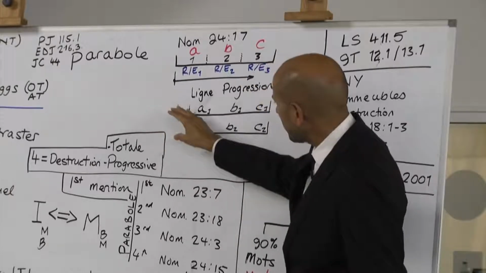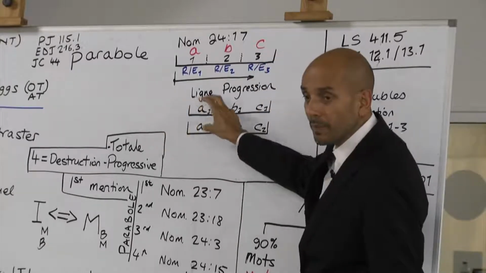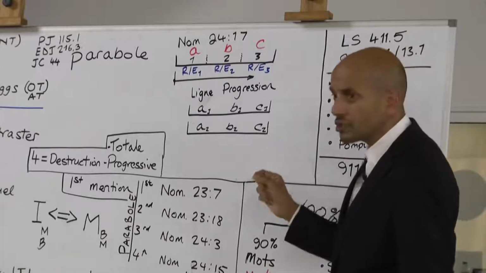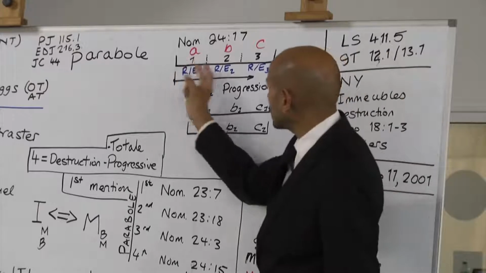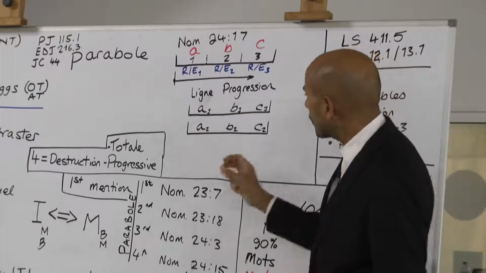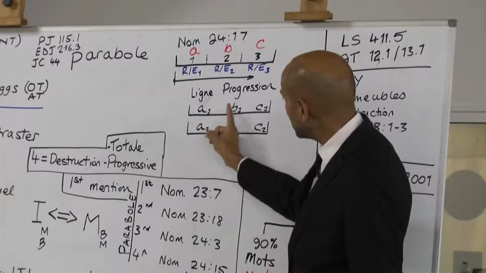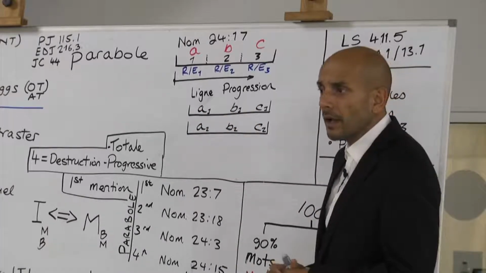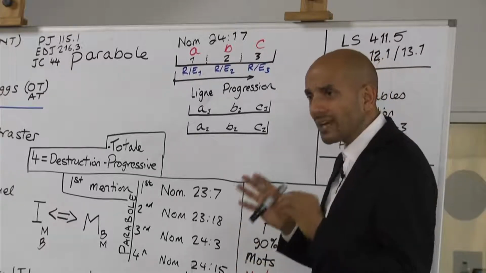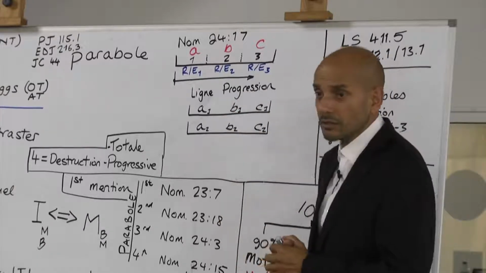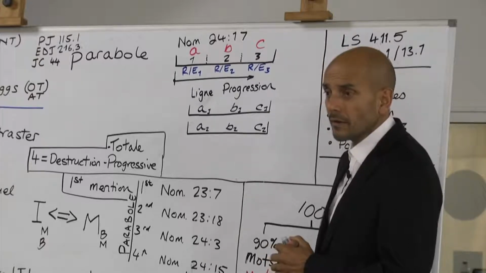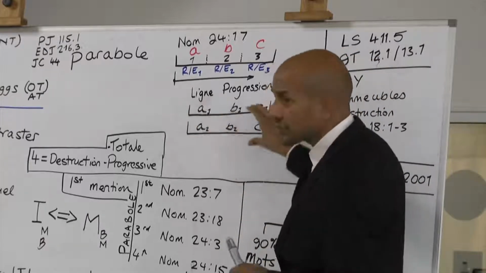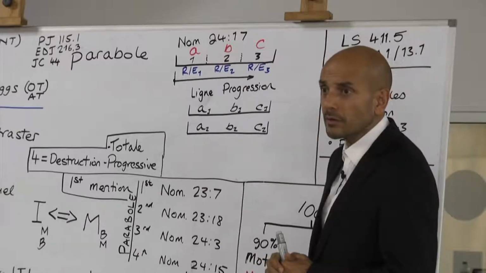So we can see that the verse is being repeated. We've got repeat and enlarge in each section, but you can take each section and tie it into this line of progression, and we've got a proper classic repeat and enlarge. At the same time, we have a line of progression.